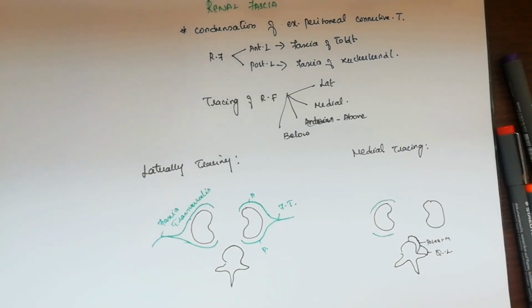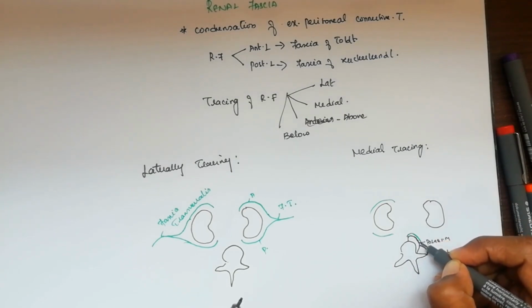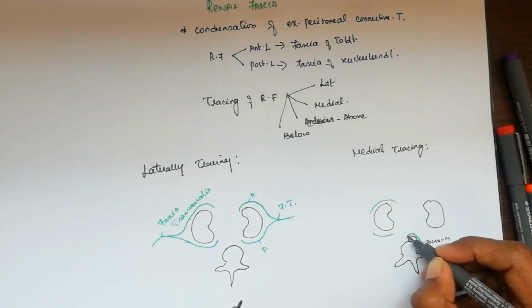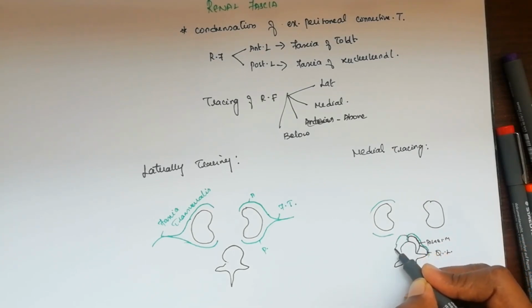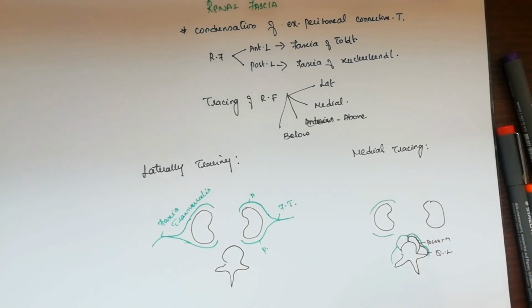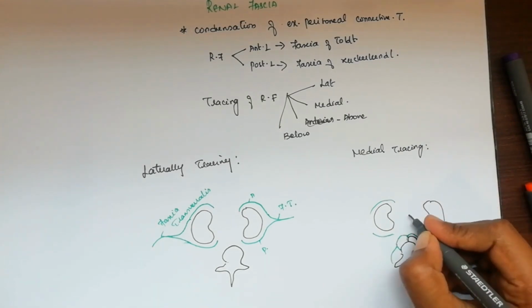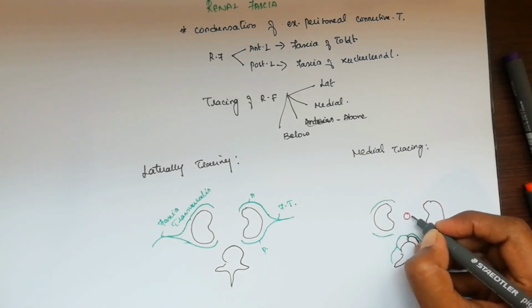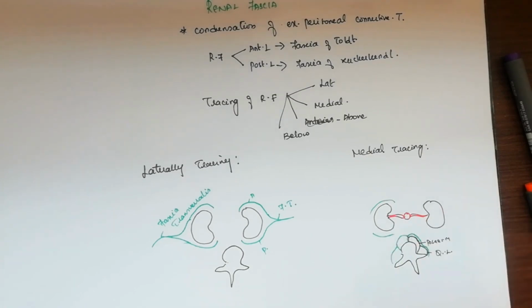Both these things are also covered by a fascia. So psoas fascia and quadratus lumborum fascia will be covering here, that we will deal with later. In the same way, on either side, we will be having the fascia covering. Now what will happen for the posterior and anterior layer of renal fascia is, medially we have got in the middle region aorta and inferior vena cava, which are going to give branches. So renal artery and renal vein will be arising here.